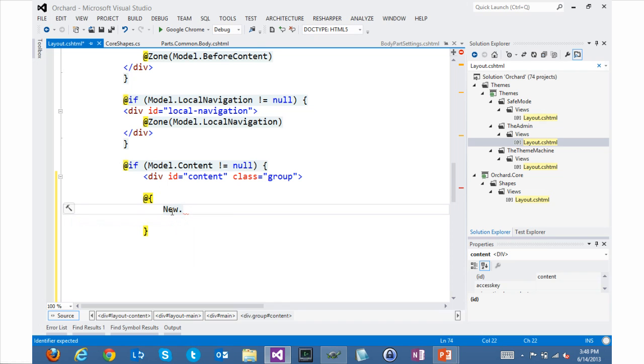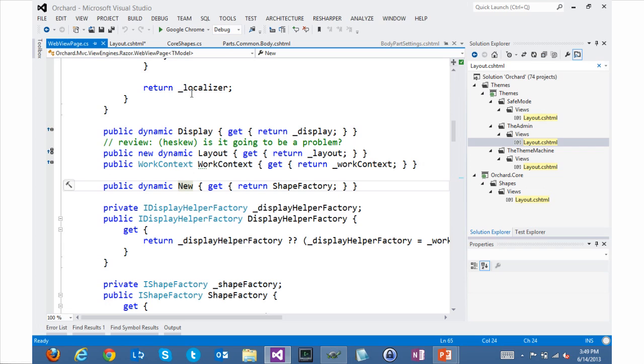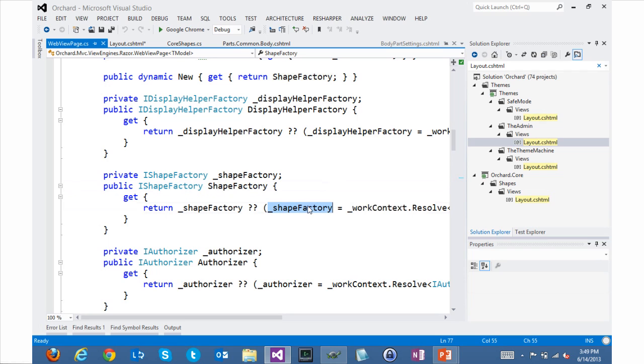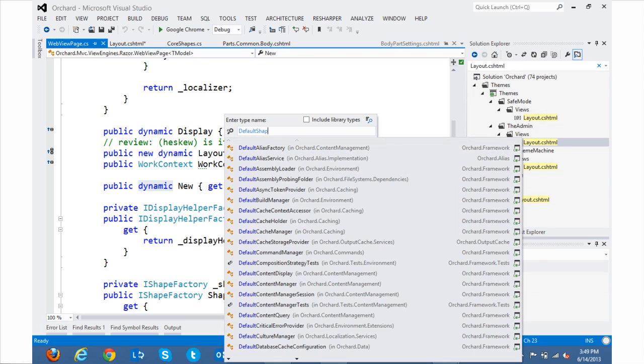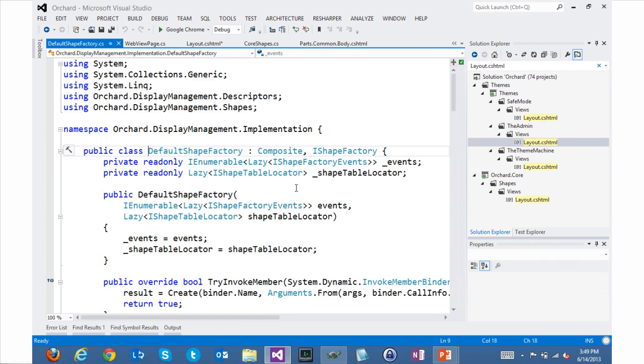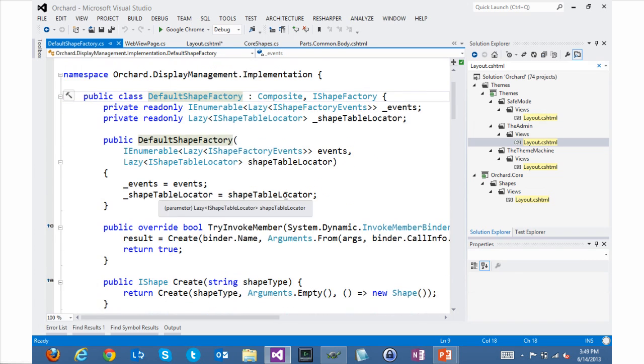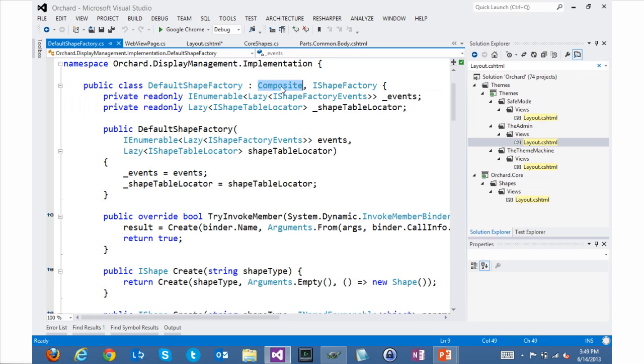Why? Because it's also a dynamic object. I do F12 on this just to see where it's defined. It's defined in the WebViewPage, which is the base class for every Orchard view. It's defined in the web config. And this one is just a dynamic object. And this returns, you see, the shape factory, which is a property of type IShapeFactory, which is resolved when it's requested. So technically, it's just the IShapeFactory implementation, but returned as a dynamic. This is very important because actually the DefaultShapeFactory class, which is the concrete instance that we will get, is implementing a composite,